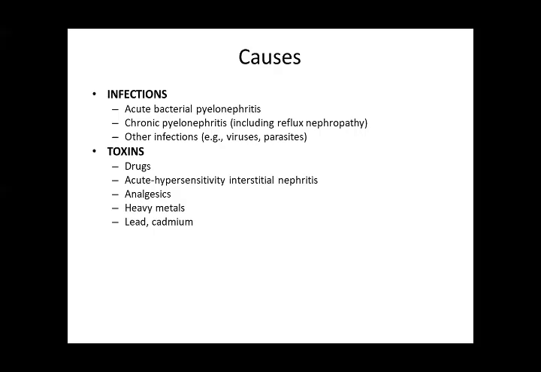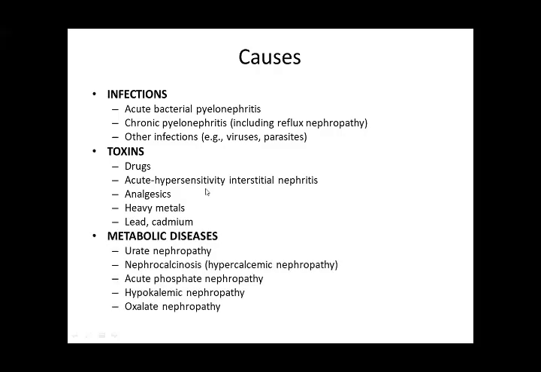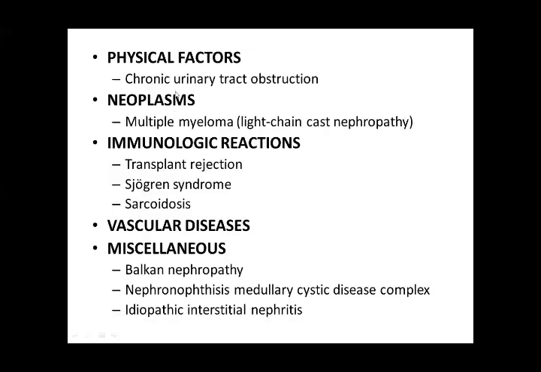Right. Analgesics, heavy metals, lead and cadmium, all of them cause kidney damage. Metabolic diseases. In metabolic diseases, we have urate nephropathy, nephrocalcinosis, hypokalemic nephropathy and oxalate nephropathy. Physical factors: chronic urinary tract obstruction,